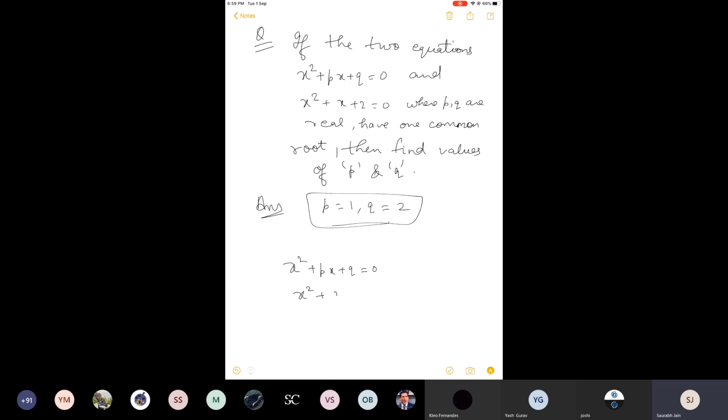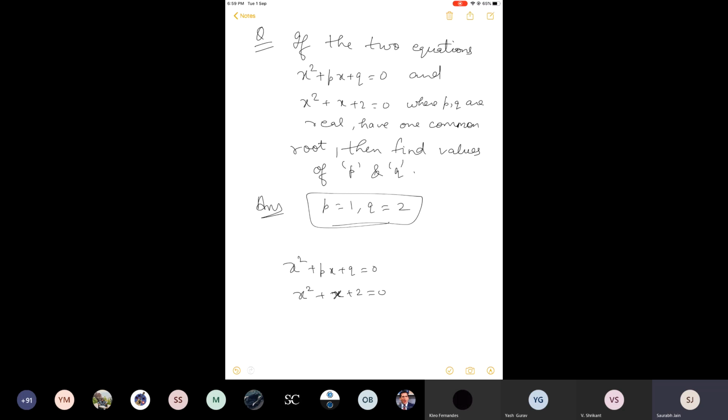So you compared both the sides. So why am I doing so? What is the reason behind it? So to get the values of P and Q. No, but why will I do this? If I want to find P and Q, why will I compare them? What is the reason behind comparing? See, one common root, but in one common root we never compare.